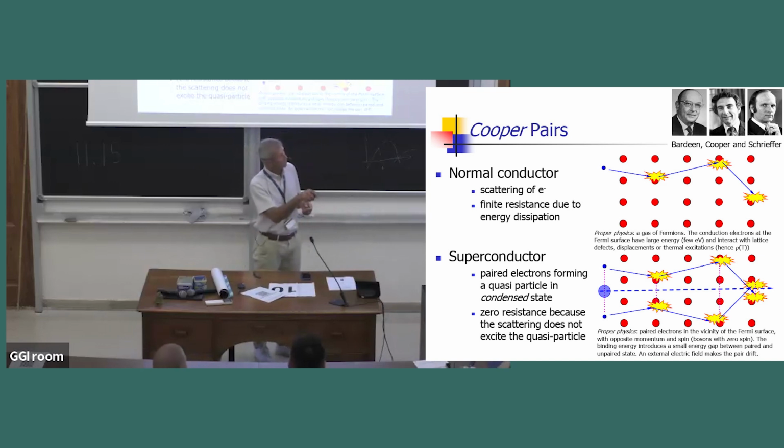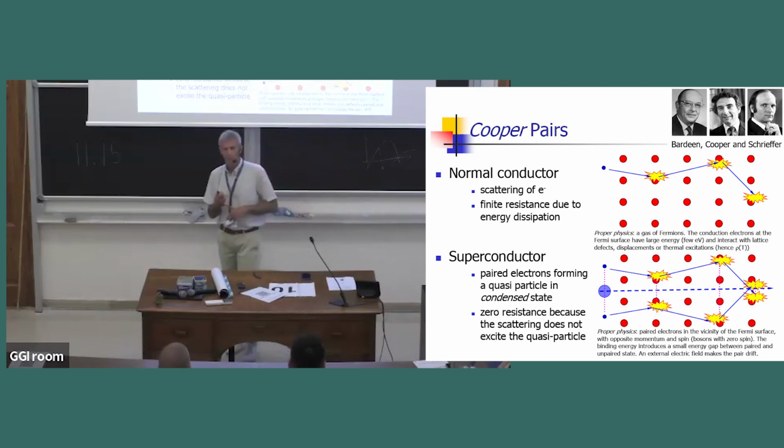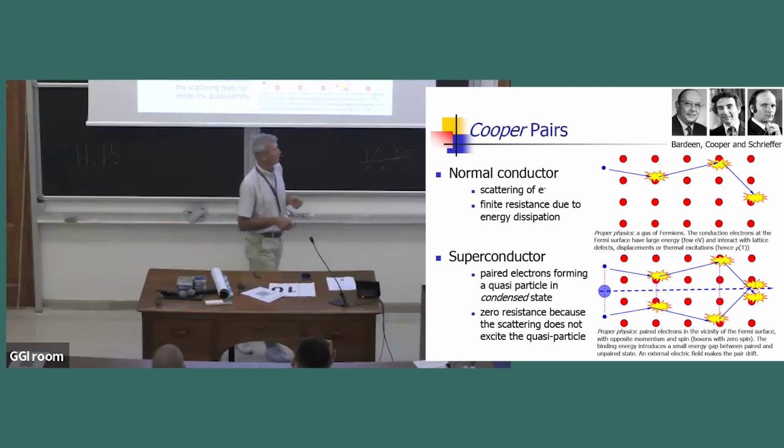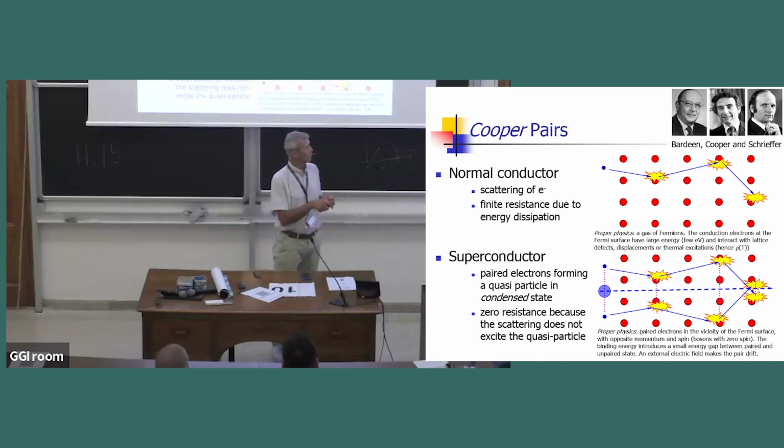And the defects, they may be faults in the crystal. They may be thermal agitation. Okay, so the atoms actually displace from the perfect positions that they are supposed to have. Because in a perfect lattice, actually, the electrons would see no resistance. They're a free gas. Now, in a superconductor, though, what happens is that the electron is not alone.